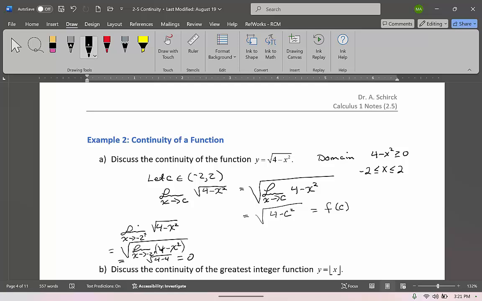Okay, and so again, we have that the limit exists, and it equals the value of the function. Okay, so this is actually equal to f of -2. All right, so since the limit exists and it equals the value of the function, it's continuous at -2. And similarly, we can show as we approach +2 from the left,